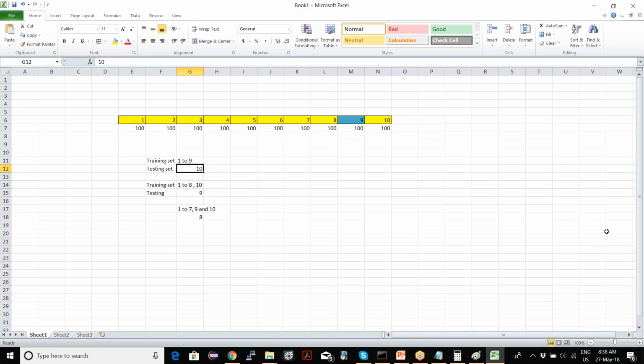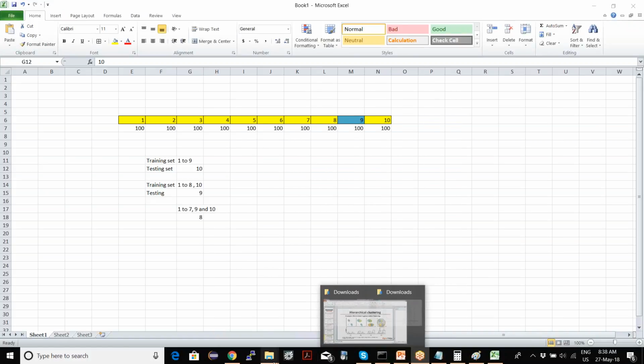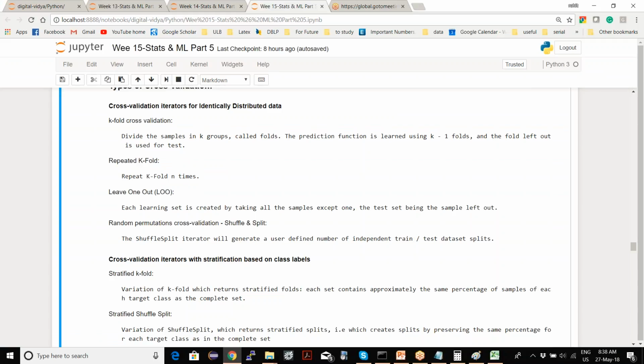It's very simple. So this is called k-fold cross validation: dividing the sample into k groups, making predictions on k minus 1 folds while leaving one out, and then repeating it k times.